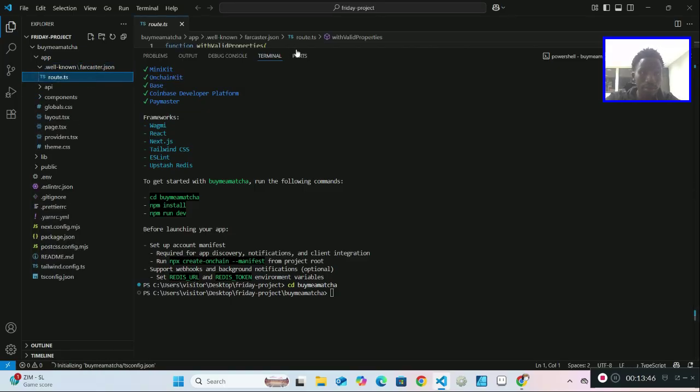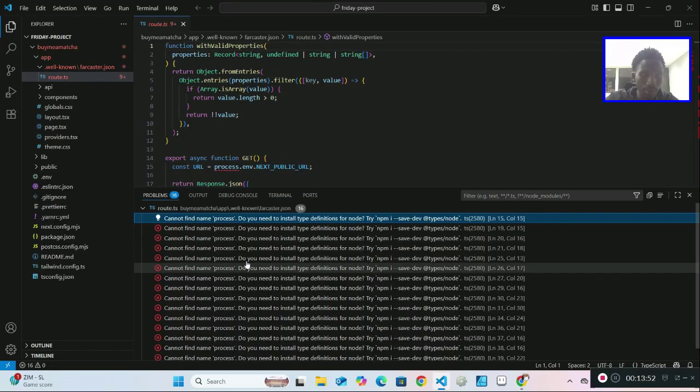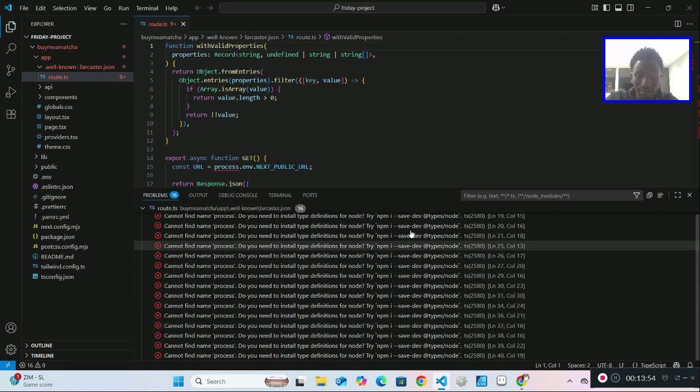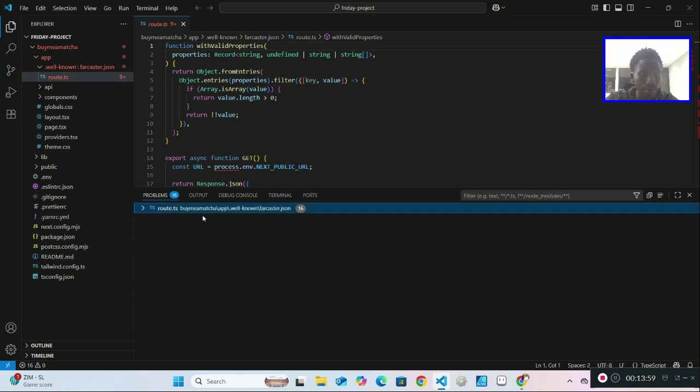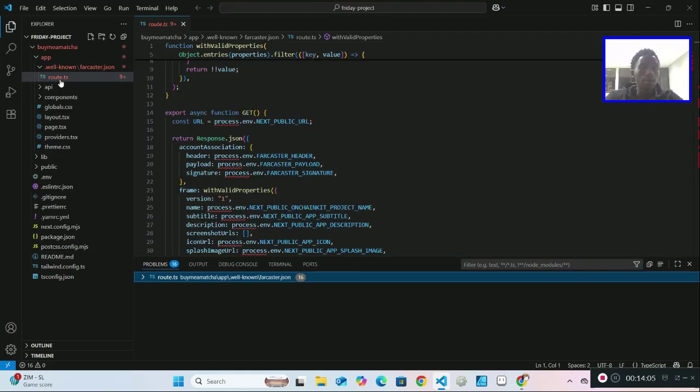I'm just going to drop down my menu, and we're already having some issues. But anyways, this is just dependencies, downloads, and TypeScripts and everything. We'll have that fixed. Don't worry. All right, so in the routes